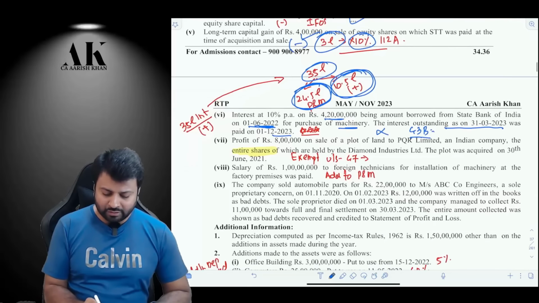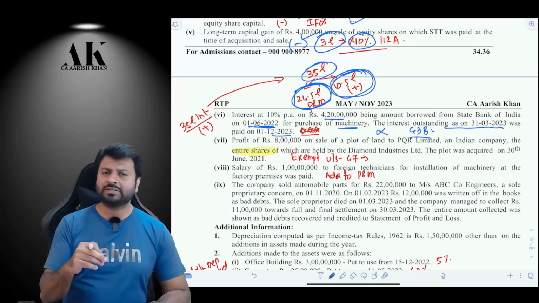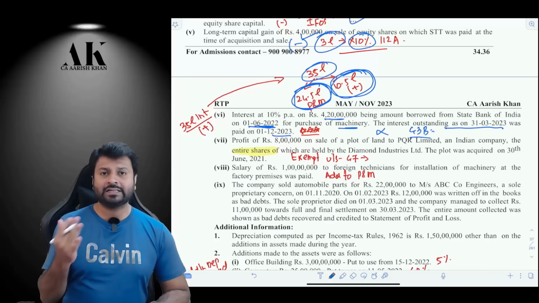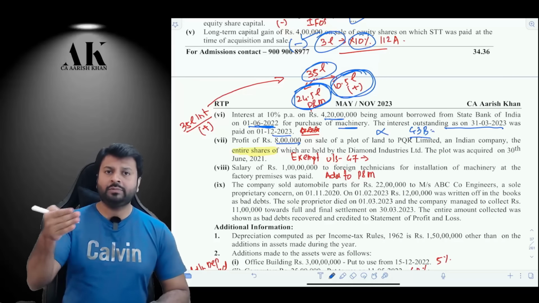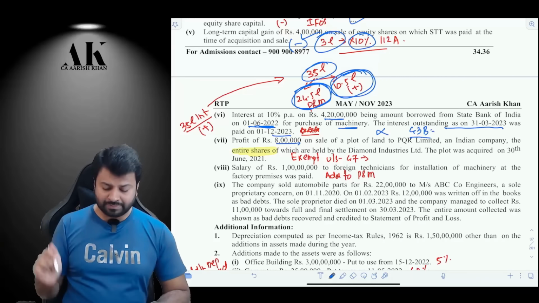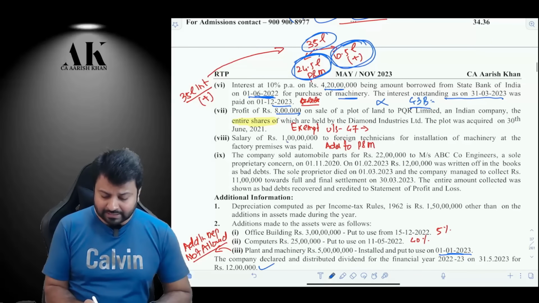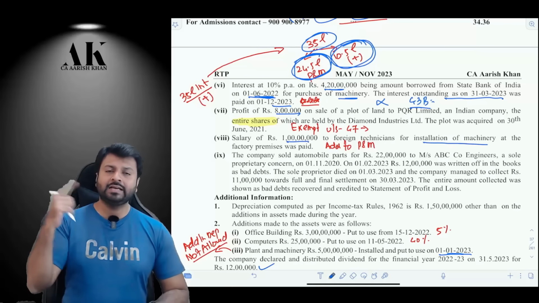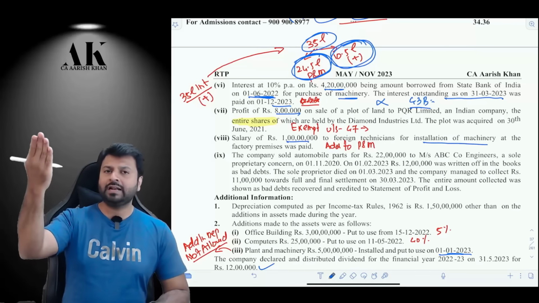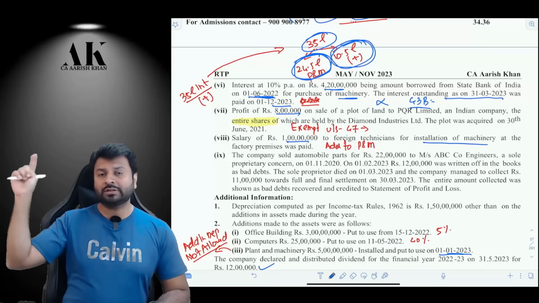Okay. Next one is you are selling some asset to your 100% subsidiary, and if you sell some asset to your 100% subsidiary, then capital gains is not attracted in respect of such asset. Therefore, this 8 lakh rupees will be reduced from PGBP and it will not be chargeable as PGBP income. It will not be chargeable as capital gains income either. Forget about it. Next one is you are paying some salary of 1 lakh rupees for installation of machinery, which should be added to the cost of the asset. So add it back to the P&L account, add it to the net profit, and add it to the machinery and claim depreciation on that.